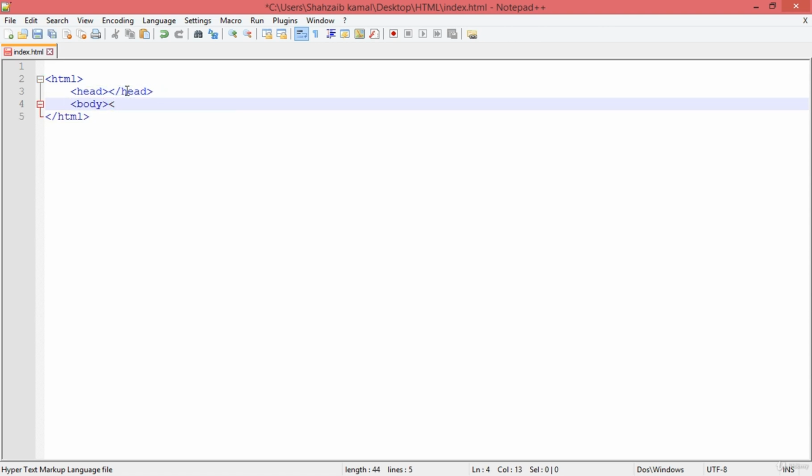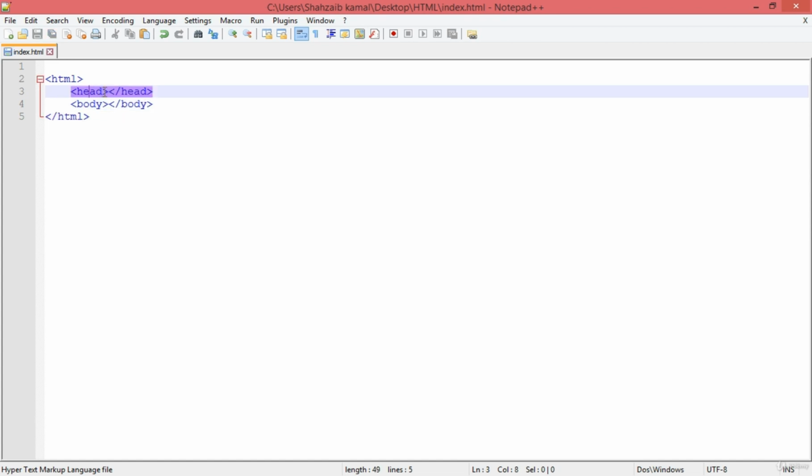Now in the body, whenever you create the starting tag, you must create the ending tag right after creating the starting tag. Then you can put the data inside, between the starting tag and the ending tag, but you should not leave the ending tag for the end or for later. Create the starting tag and right after create the ending tag.